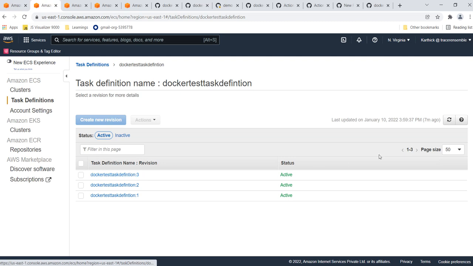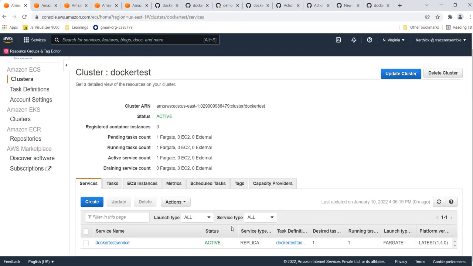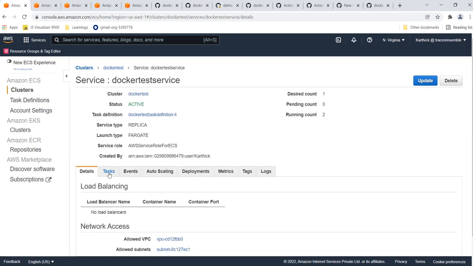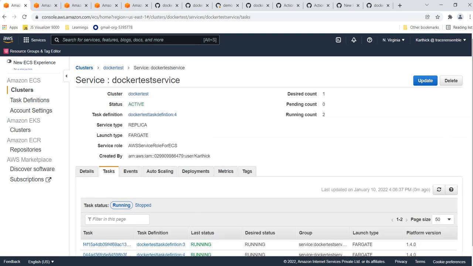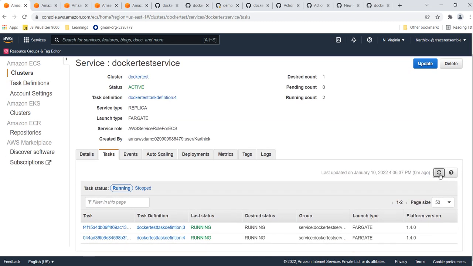It's existing 3, right? Now it should be 4 because we added the 4th one. This is the 4th one, and it should get updated in the task definition in the service. Inside the tasks, you can see the 2 tasks. As I said, it is using the rolling update deployment. Once the 4th task is entirely up and running, only then the 3rd task will get stopped. It will take 2 to 5 minutes to stop. Until then we'll go and see whether the application is deployed or not.